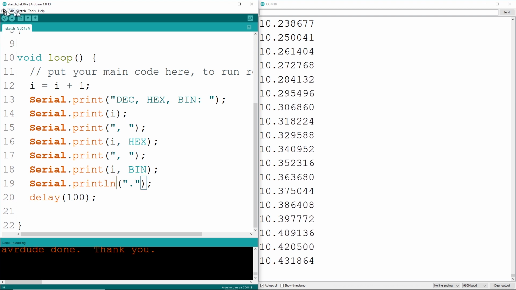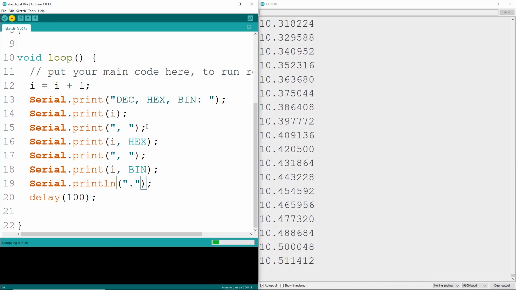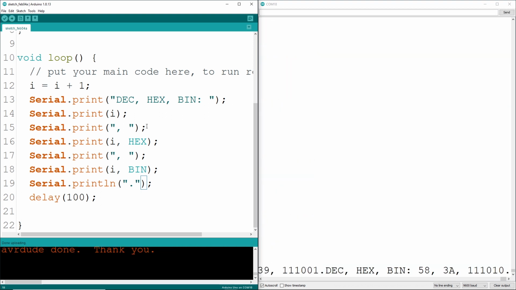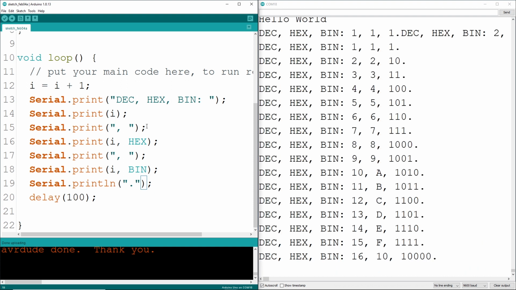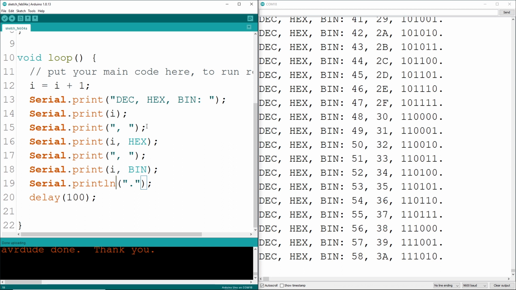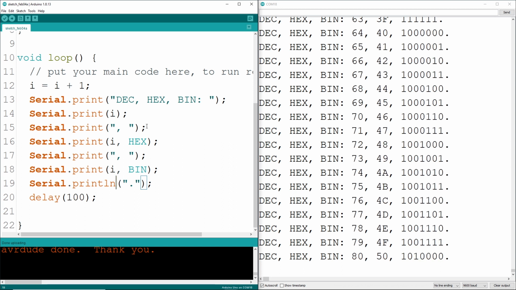This combination of print and println is extremely useful in debugging code. Imagine seeing in your serial monitor, line 342, the voltage at pin A0 is 2.331, fan output is 0. You know the line number, the inputs, the outputs, and you can determine if things are happening as expected.